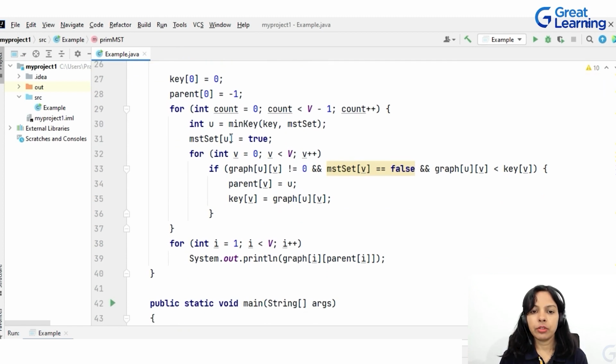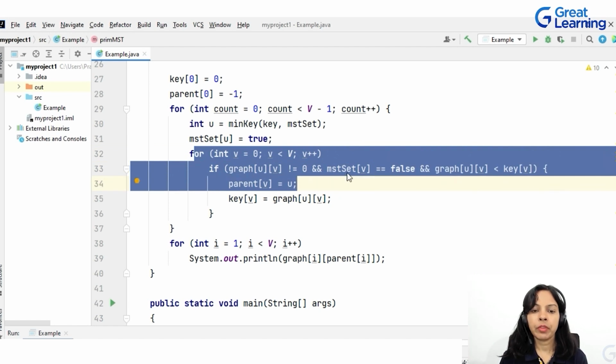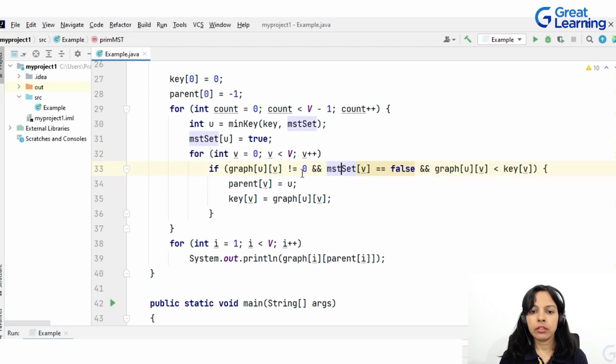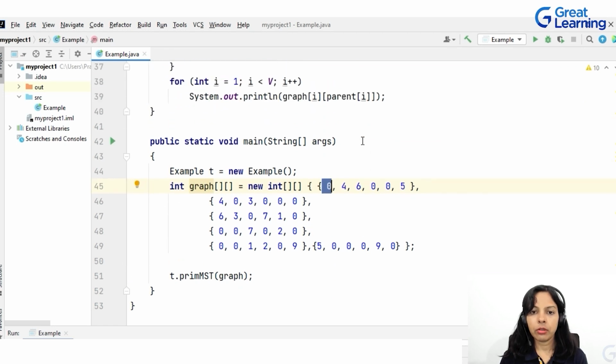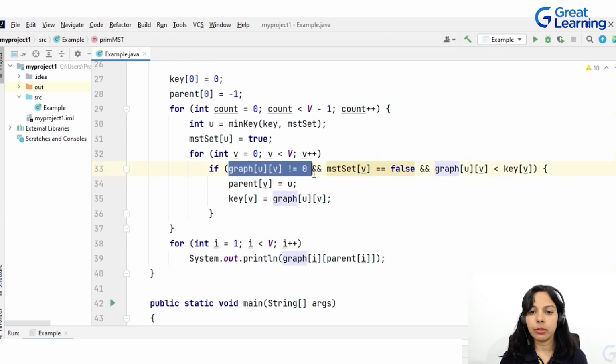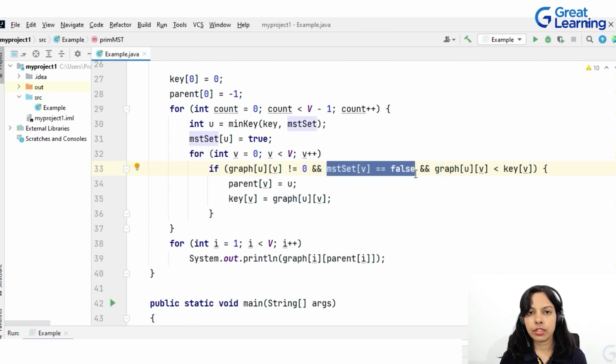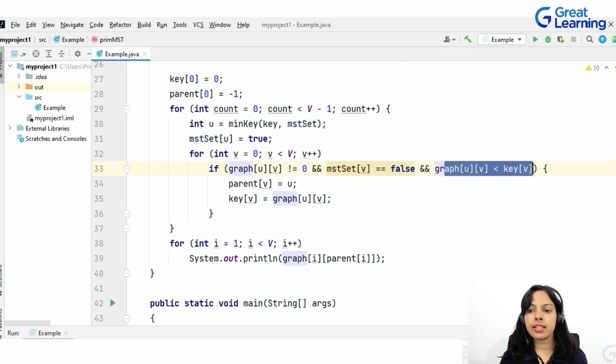In the second part of the code, for all the vertices, we'll find out the minimum. Here the condition check is done that it should not be equal to 0. Just make sure that it is minimum, but it is not 0. So the check is: if the graph value is not equal to 0 and this is false, meaning it is not a visited vertex, and also the value of it is less than the key value, and key is every time